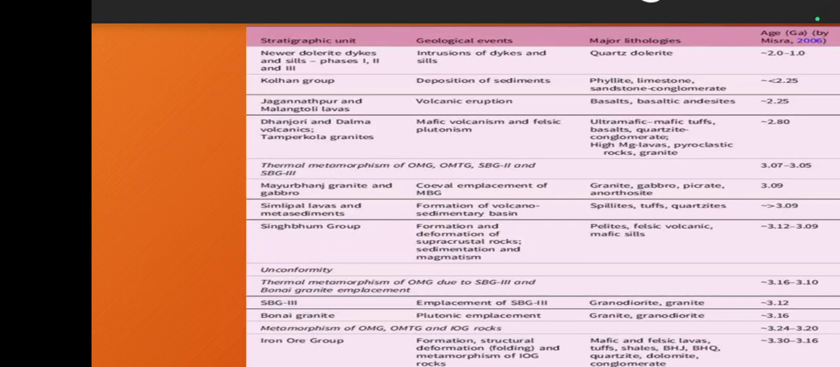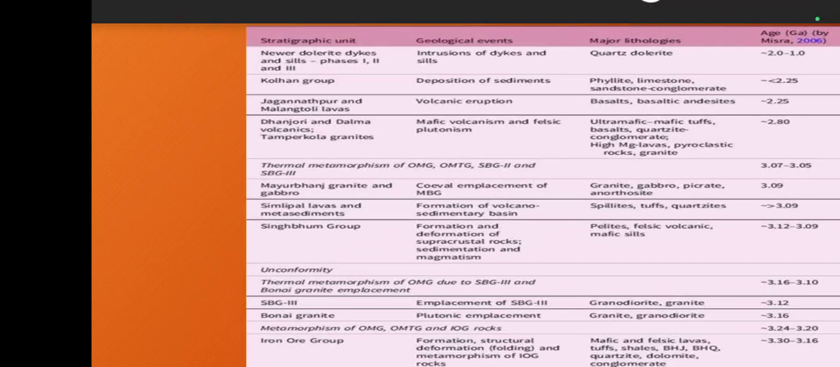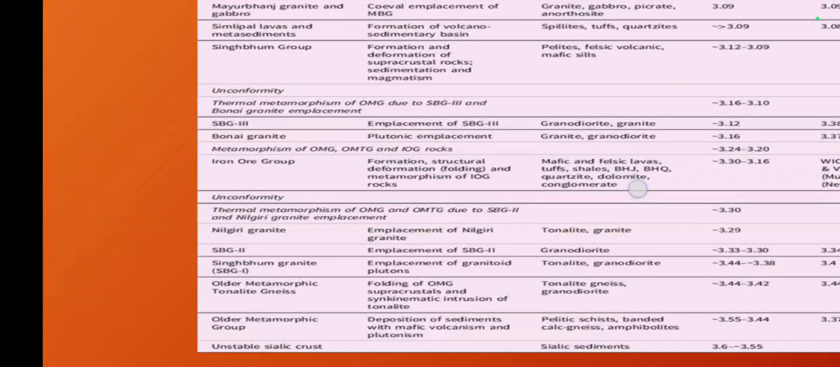the newer dolerite dikes and sills, which is of phase 1 and 2 and 3, and I have told you in the previous slide that this craton is being marked by emplacement of different dikes and sills. So you can understand what I have told in my previous video by seeing this image, that the older metamorphic group is your core of this particular craton, and then it converted into older metamorphic tonalite gneiss, and then